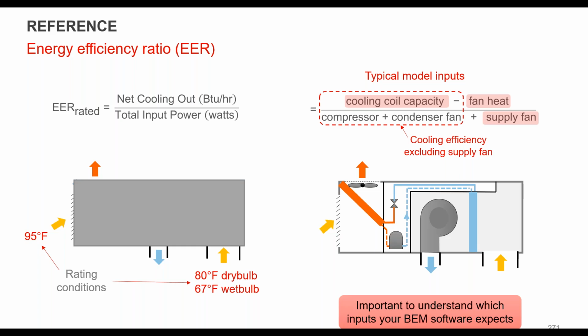And then Craig had asked, in the packaged single zone, is the fan heat exhausted or going across the coil? It depends. I think in this diagram, what we're showing here is that it's ending up in the box. So it's considered part of the airflow. So you'll end up having whatever 1 or 2 degrees get added to your off-coil temperature. So it depends where the fan's located and the system, but again, most software will allow you to either put it in the airstream or take it out of the airstream. So if it's an exterior motor, you can take the heat out of it.